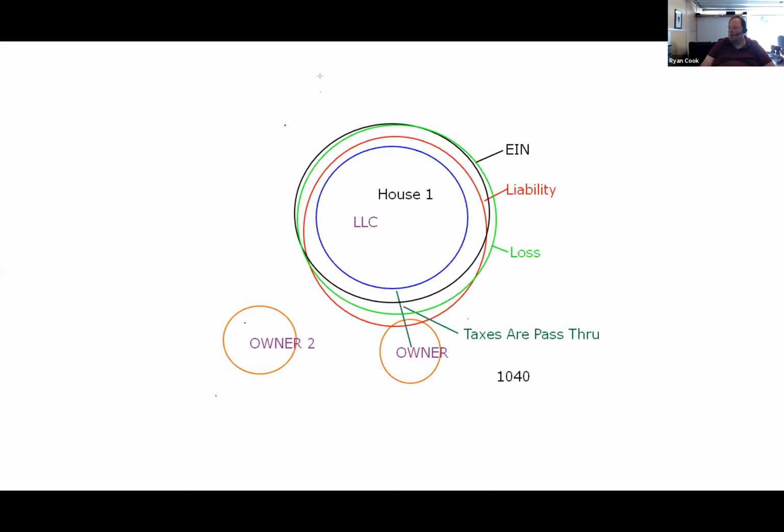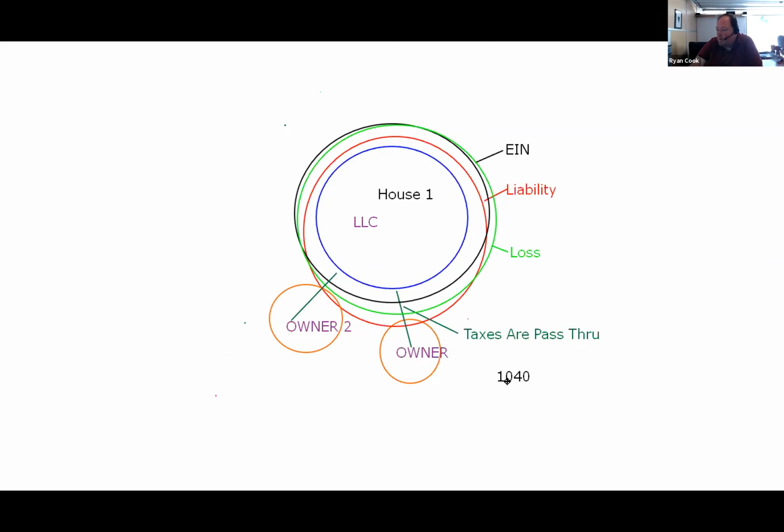So let's start drawing in where, remember, these are our taxes, right? The green lines here are our taxes. So we know automatically we've got some taxes here, right? And I probably should move him a little bit closer because there's some liability. So let's put him in here, and let's move him in a little closer here. Right? That's owner 2. And we can see his taxes are passing through to him now.